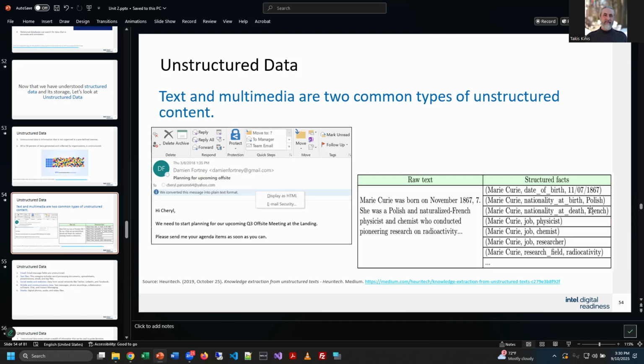Where were they born? And you notice how they're breaking it down into pieces of information. So we take this raw, unstructured data and we can process it to make it structured. And then instead of it being raw information, I would actually call it raw data, right? It doesn't really become information until it's structured. So I think that's a nice little analogy.